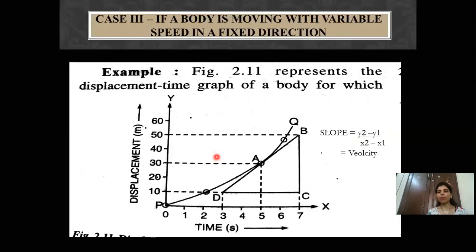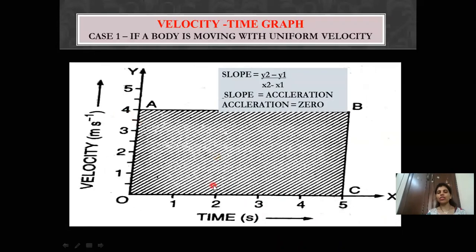Suppose I tell you to plot the graph for velocity time, how are you going to represent that graph over here? You'll mark till 10 on the y-axis, and from 10 you're going to show the straight line, which will be parallel to the x-axis. Are you understanding? That is how you will show that acceleration is 0 and the velocity is constant at every point, that is 10 meter per second. So the body is moving with uniform velocity. I hope till here children it's clear.